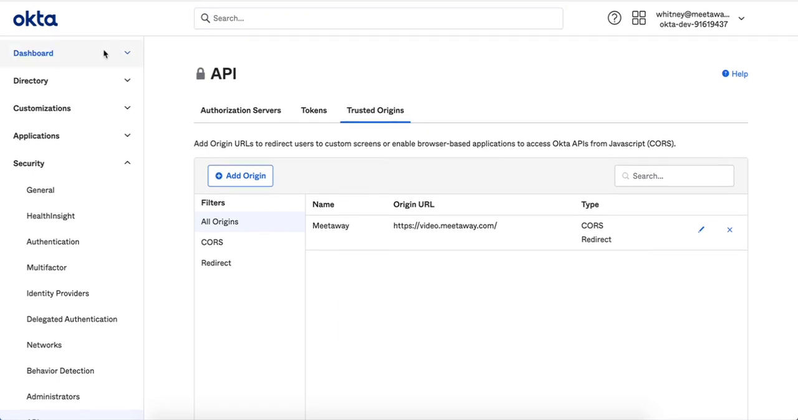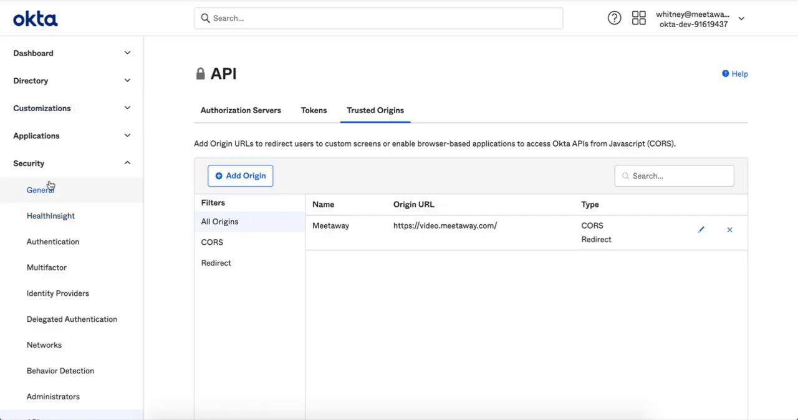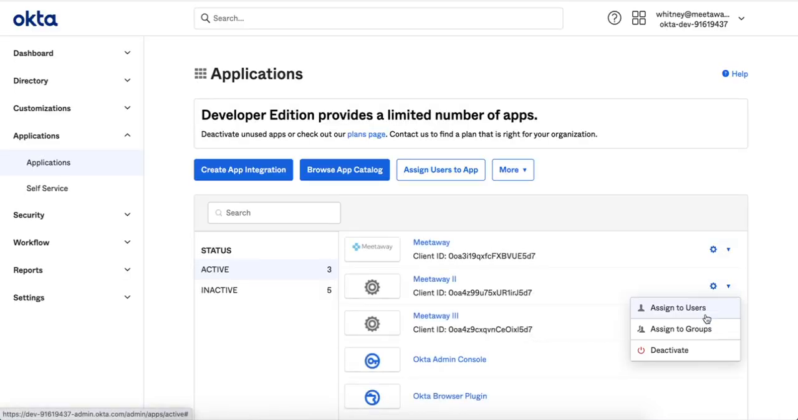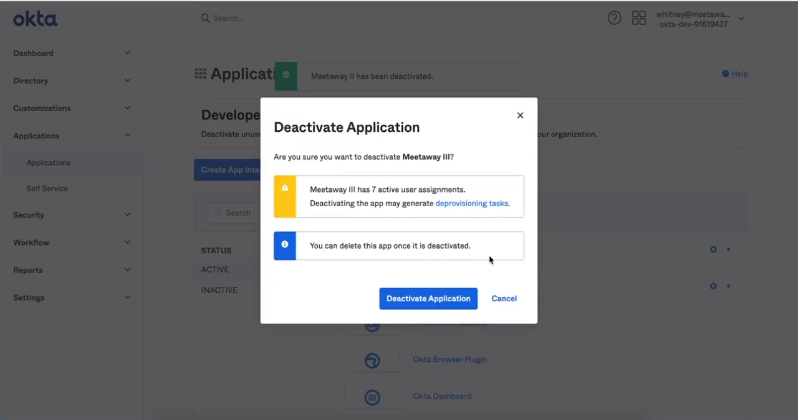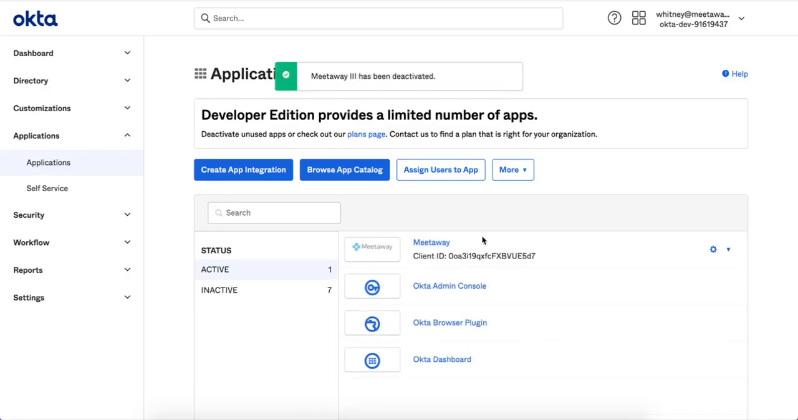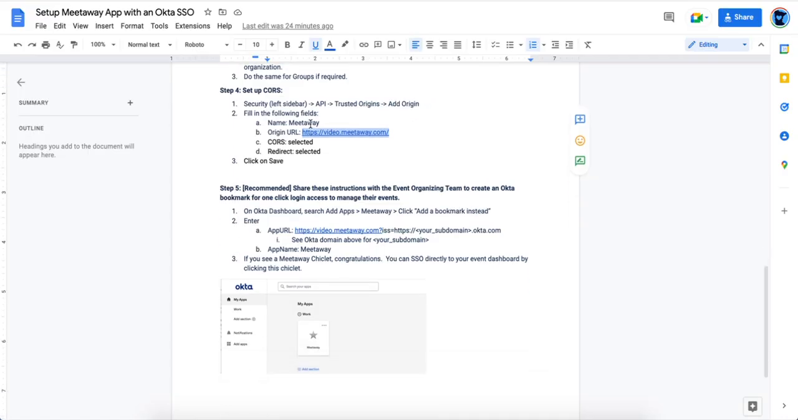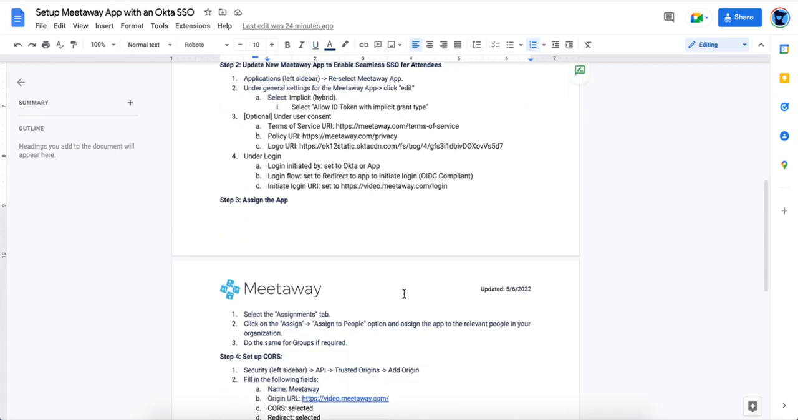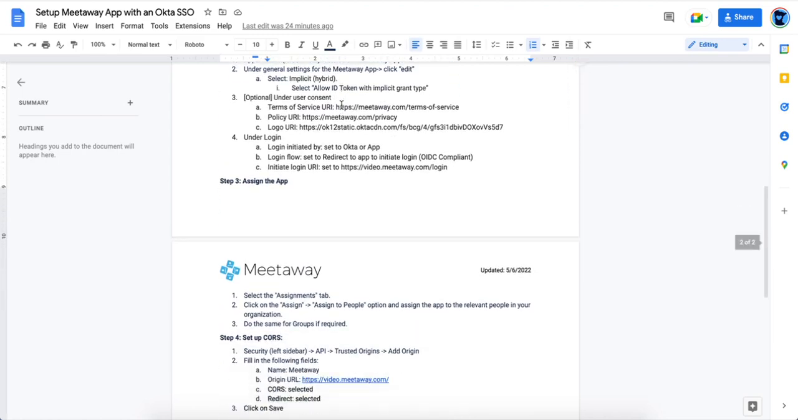All right, so with that, there is an application. And I'm just going to delete it because I don't want to have more than one. Okay, so we have Meetaway here. All right, so how do we finish setting this up? Once I've saved the client ID and the domain, folks will be able to sign in with Okta,